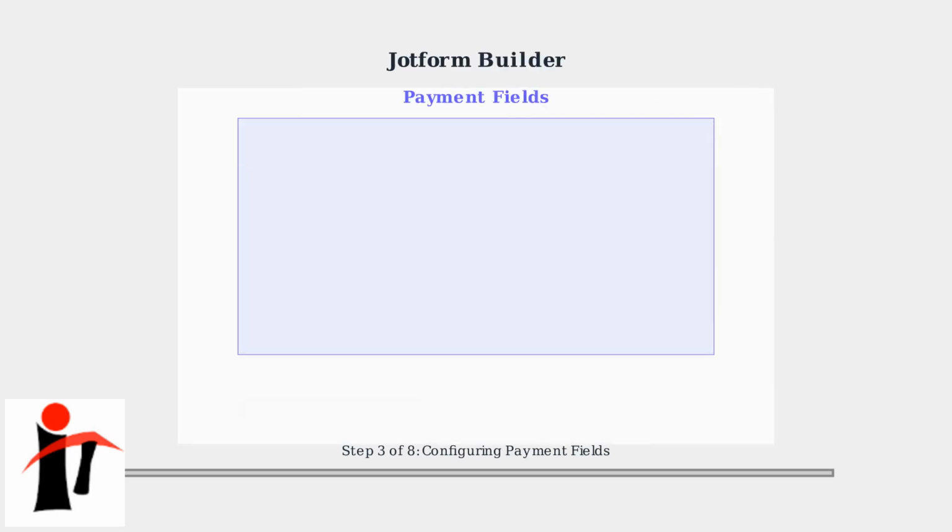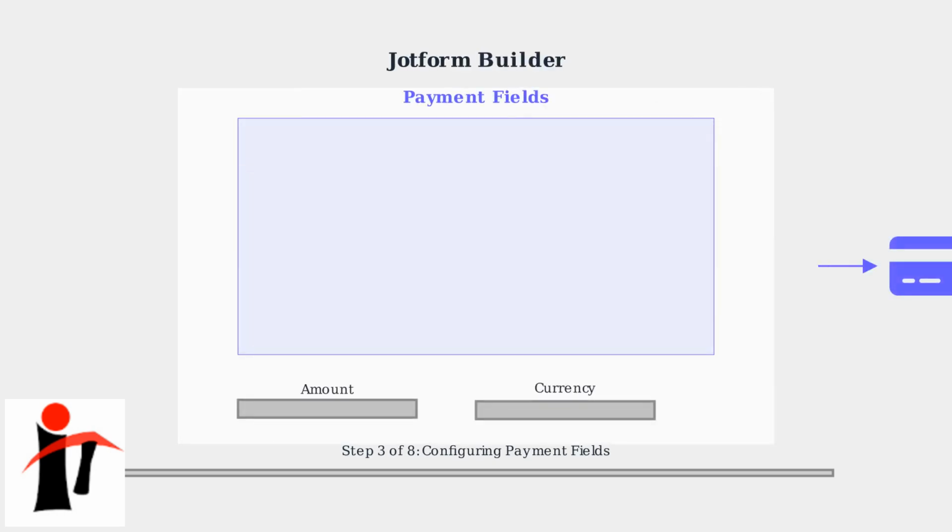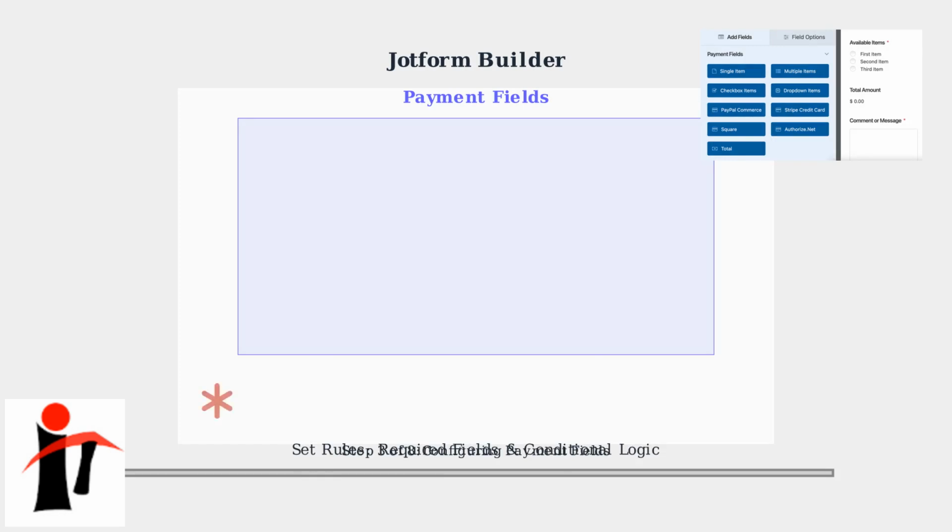Now that your Stripe account is connected, it's time to configure the payment fields in your Jotform. Start by adding essential fields like amount and currency to collect payment information directly within your form. Set up rules to manage required fields and conditional logic for variable pricing. Mark essential fields like amount as required, and use conditional logic to adjust prices based on user selections, such as